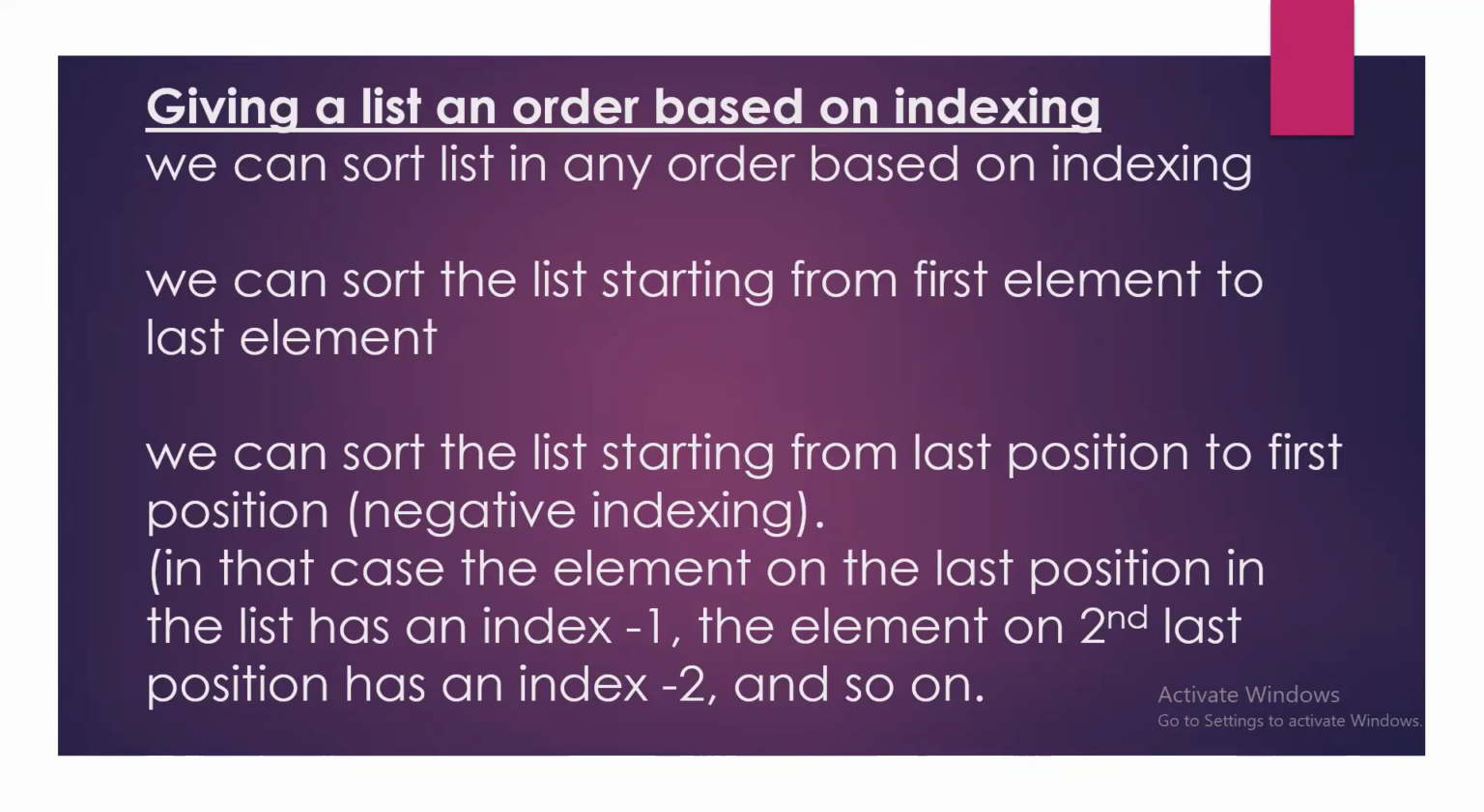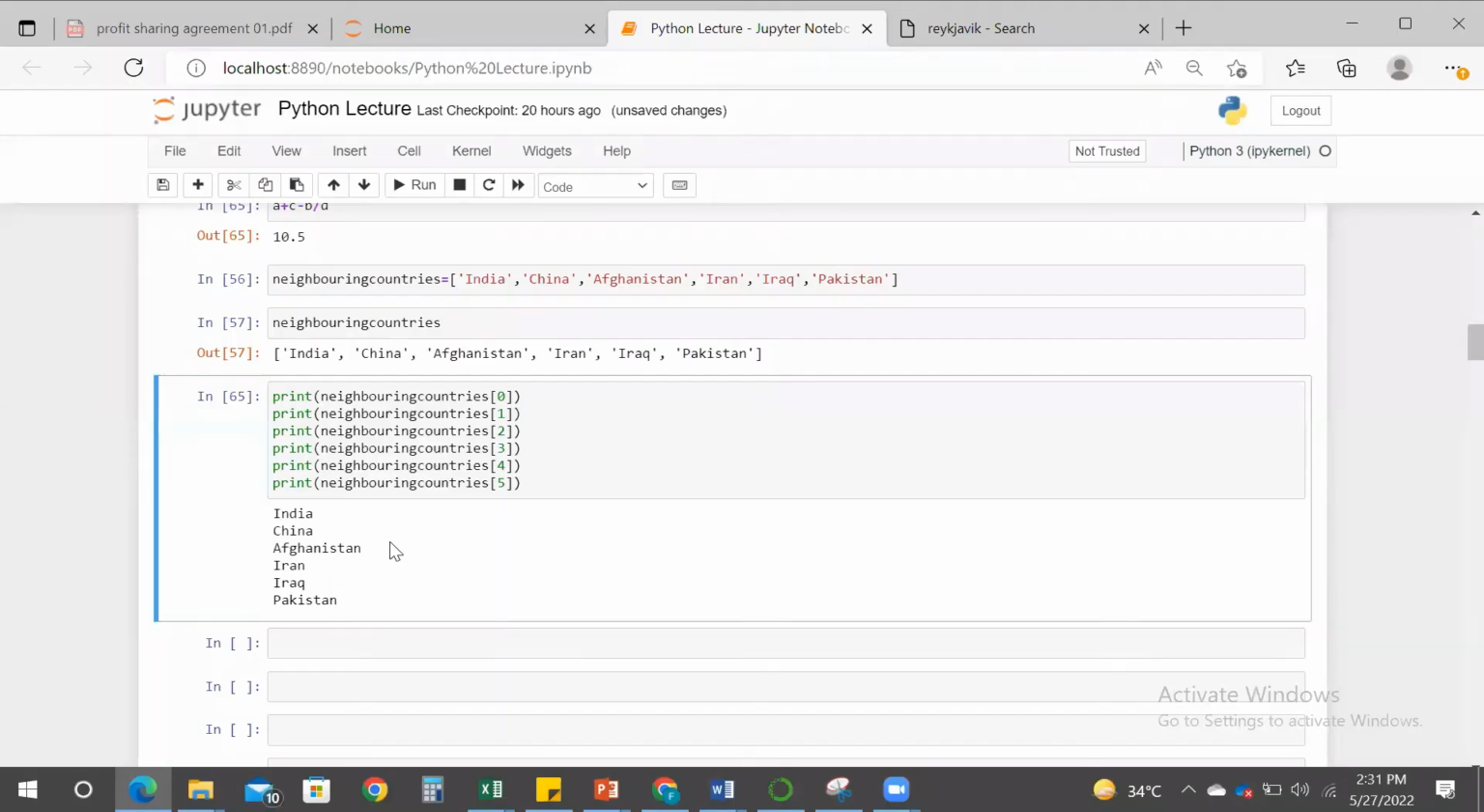So let's see how I can do this. Let me edit the same list, or let's use another list. Let's redo this using the negative indexing method. So if I want the names of the countries starting from the last position to the first position, I will use